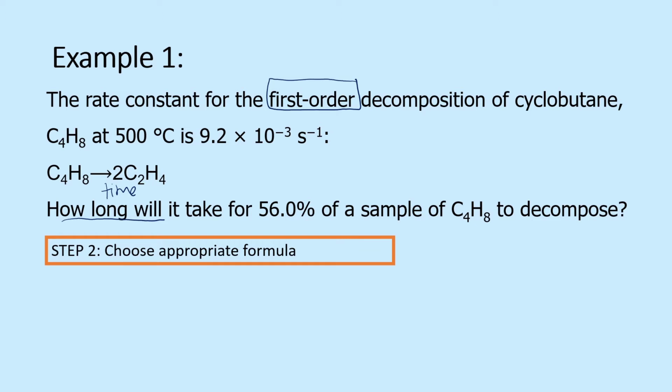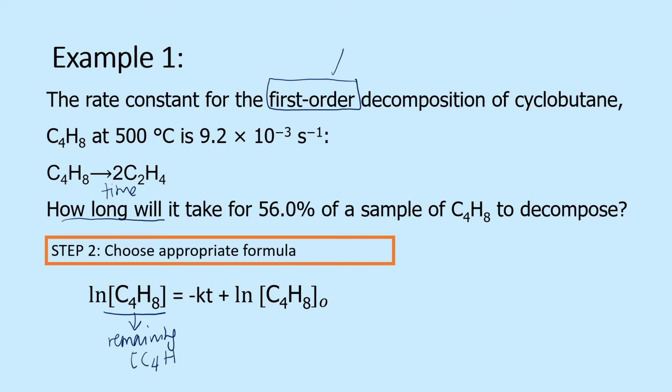Therefore, the most appropriate formula is the integrated rate law equation for first order reaction: ln concentration of cyclobutane C4H8 equals negative rate constant k multiplied by time plus ln initial concentration of reactant cyclobutane C4H8. And the concentration here refers to the remaining concentration